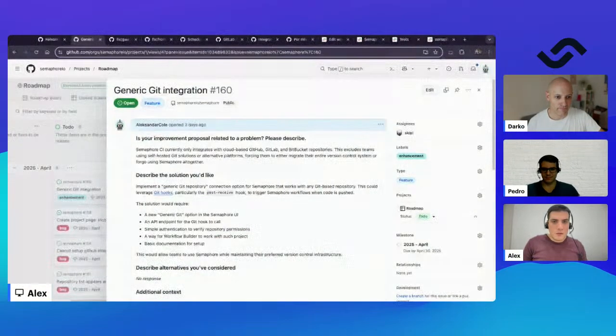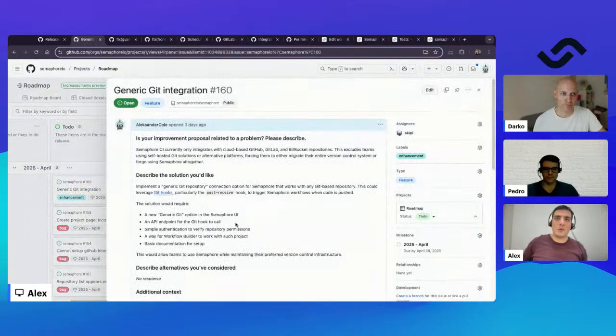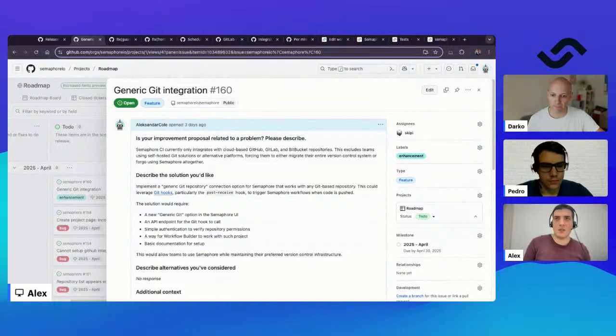Yeah, sharing the screen right now. So this is the plan for the April release. This is the biggest update, as you mentioned. Right now we're relying on